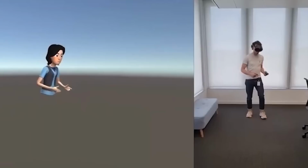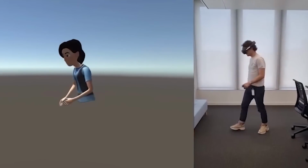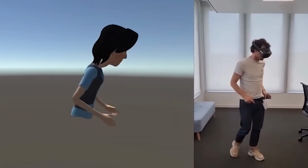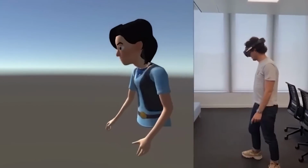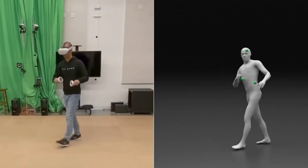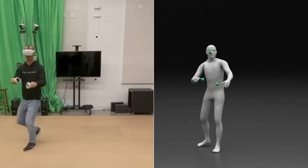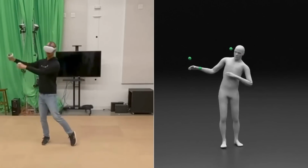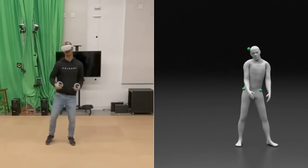To simplify it, if you would just have your basic headset and controllers and move your head around, your arms would automatically move with you, even though your body might be still standing straight in real life. But with the catwalk, you can move around with your legs, your upper body, or just your head individually, while all the other parts stay in the same position that they are in reality. And honestly, I didn't even think about this beforehand, but only when you experience it do you realize how cool